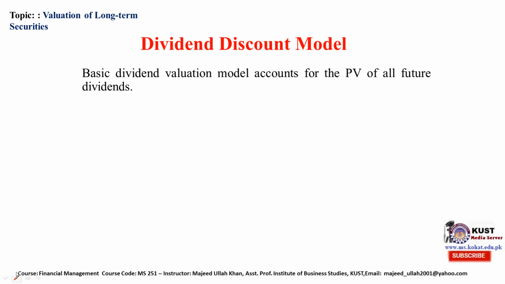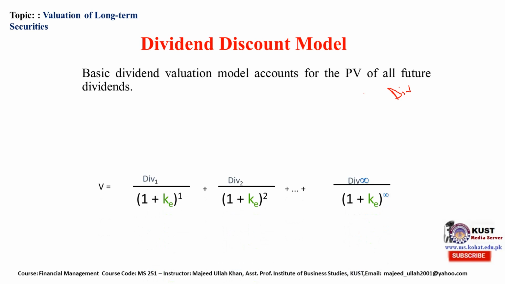If we discount all the future cash flows of dividends, this will give us the intrinsic value of the common shares. That should be the intrinsic value that one ought to pay for that common share,